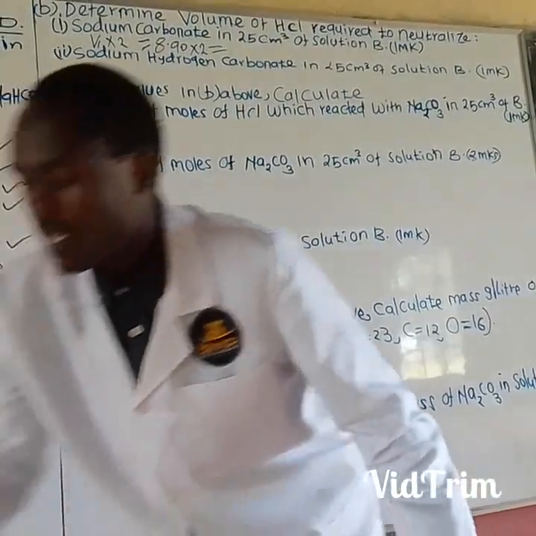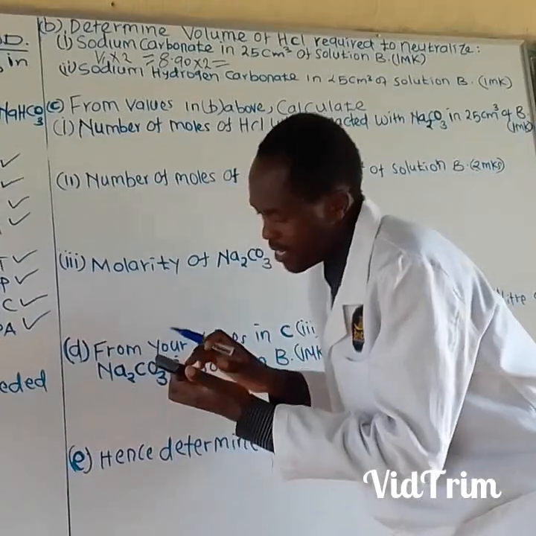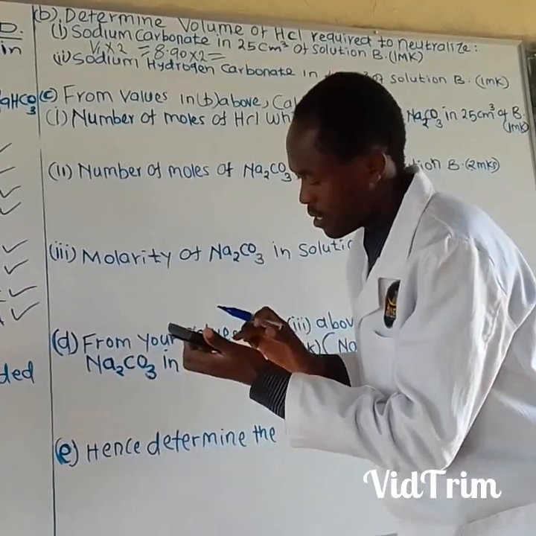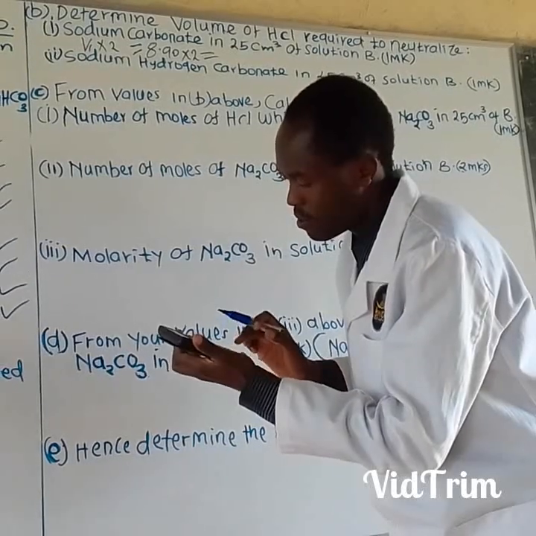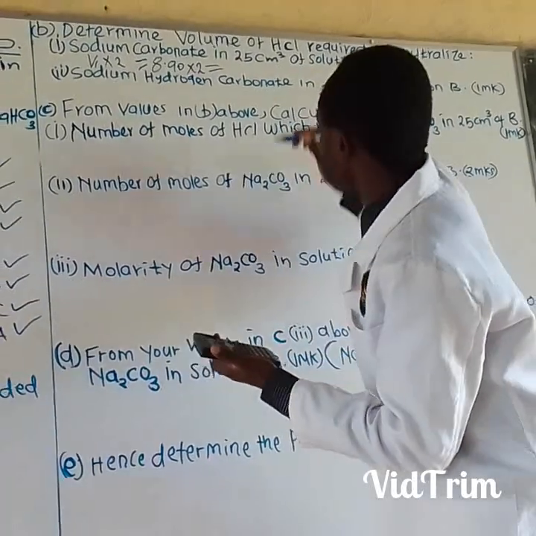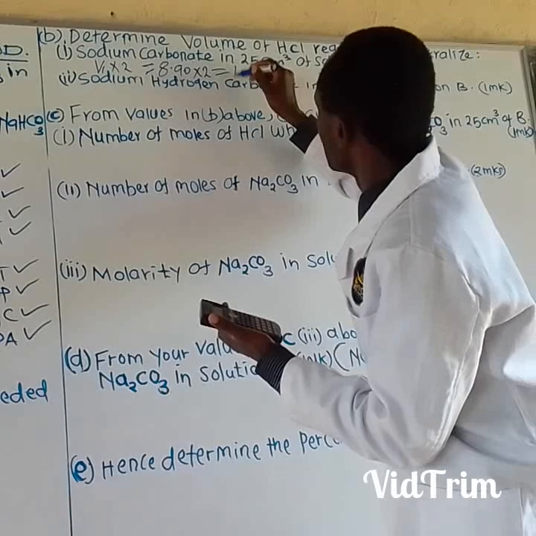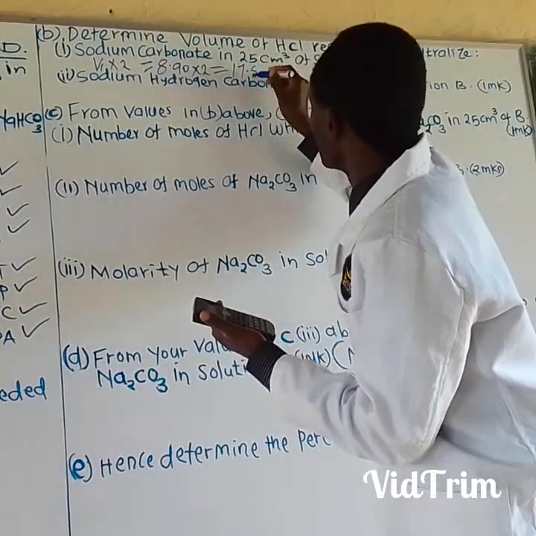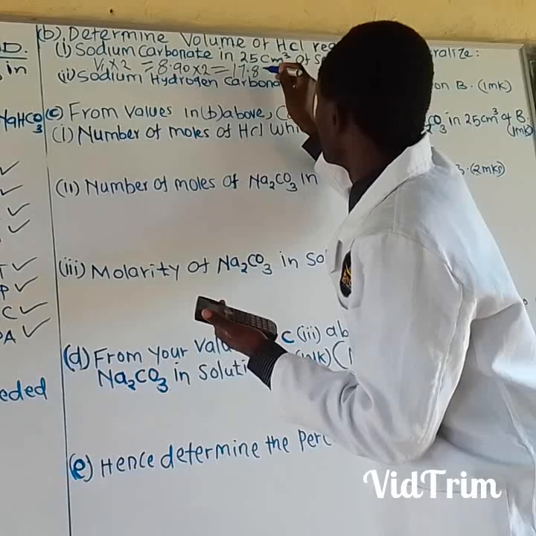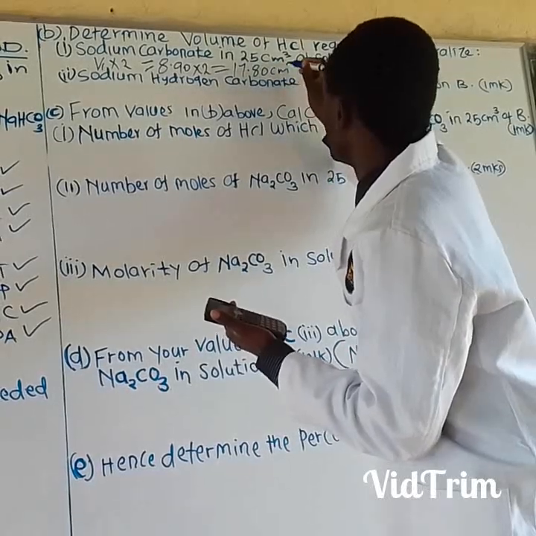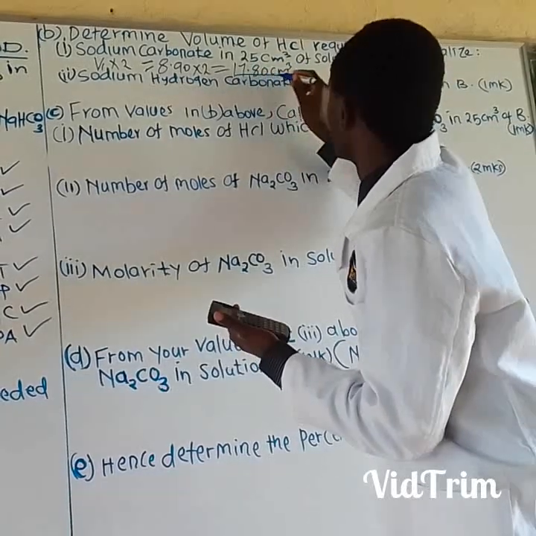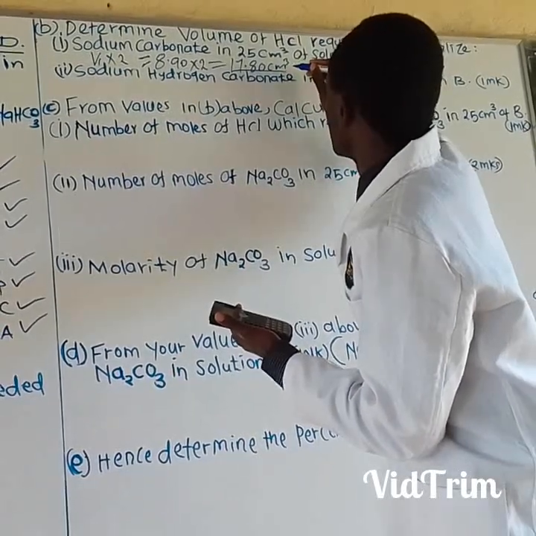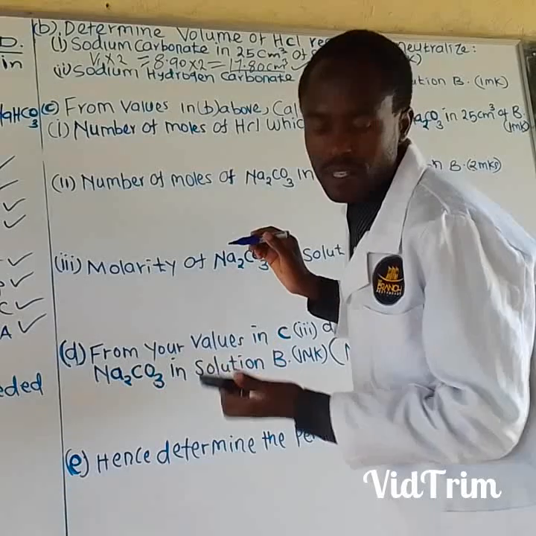This one gives us what? Using my calculator here, I take 8.90 times 2. This one becomes 17.80 centimeter cube. 17.80 centimeter cube. Is it okay? Then